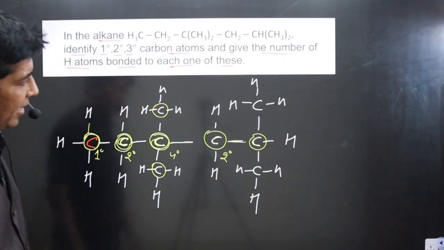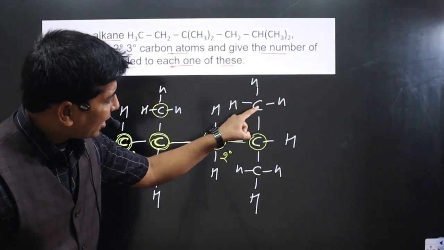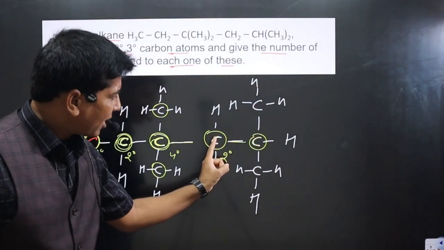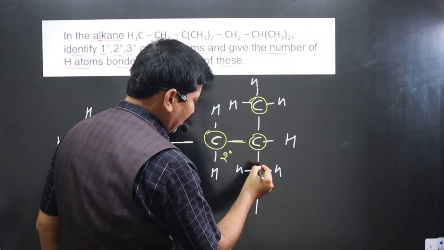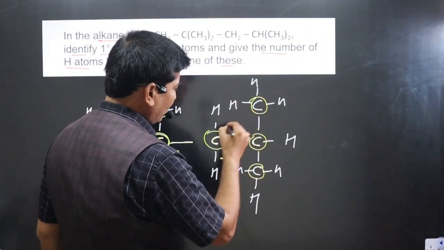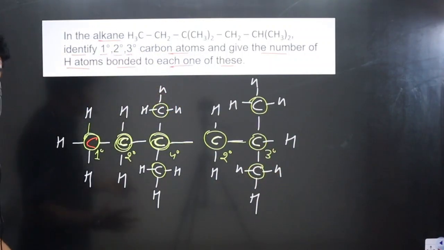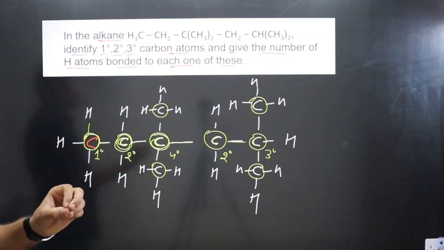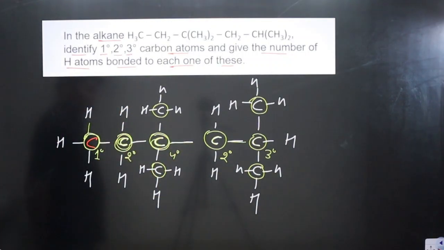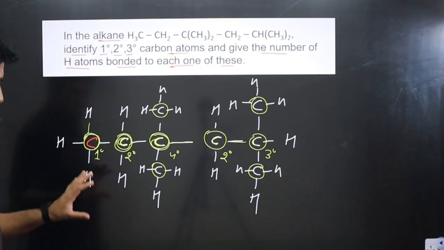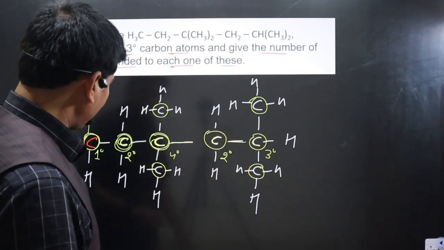Okay, now focus on this carbon. You can see this carbon is connected to upper carbon, lower carbon, and left carbon. So 1, 2, 3, we can say it is a tertiary carbon. So you can see this is such a compound in which primary, secondary, tertiary, and quaternary carbons are present, and the quaternary does not carry any hydrogen. Okay, keep in mind. So you got primary, secondary, tertiary, and quaternary also.